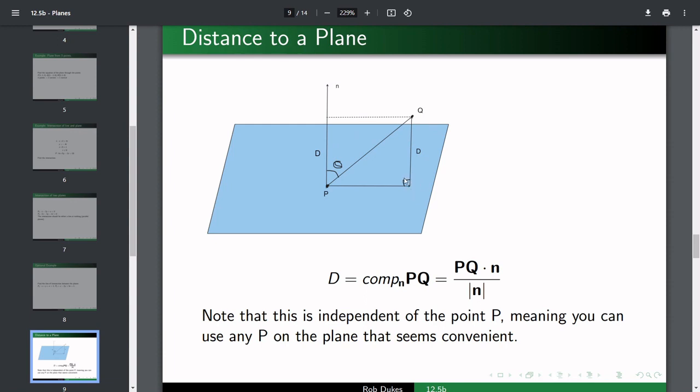So the distance will always be a right angle. Well, we say this distance here would be the same as this distance here. This angle theta is adjacent to the distance. So distance would equal the length of this hypotenuse, PQ, times the cosine of theta. And so we end up with this formula here, the component formula. So then in terms of technique, what we're saying is